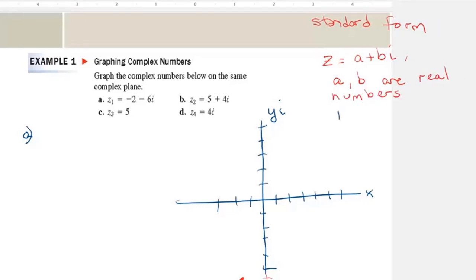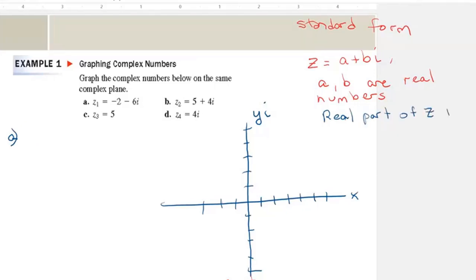The real part of z is a, and the imaginary part is b. When we graph it, we're saying that this is the real axis,